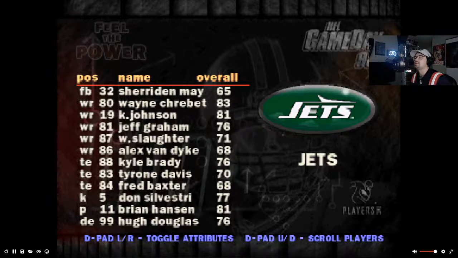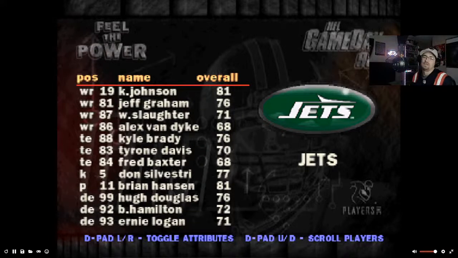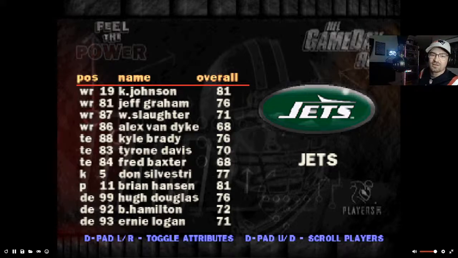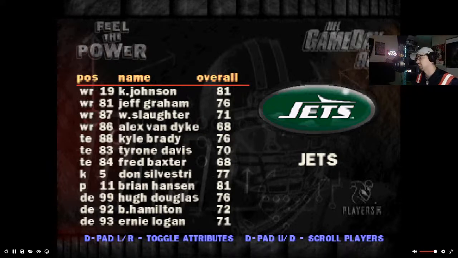This team has number 19, Kay Johnson. He was a rookie this year. If you don't know who Kay Johnson is, that's Keyshawn Johnson. He was the last wide receiver ever picked at number 1 in a draft. They only gave him an 81 overall, but Keyshawn Johnson for them was really good. He ended up winning a Super Bowl with the Bucs later on and was one of their best players. But he was really good for this team. Without him, I don't know where they would have been. I don't know if they would have won 7 games.